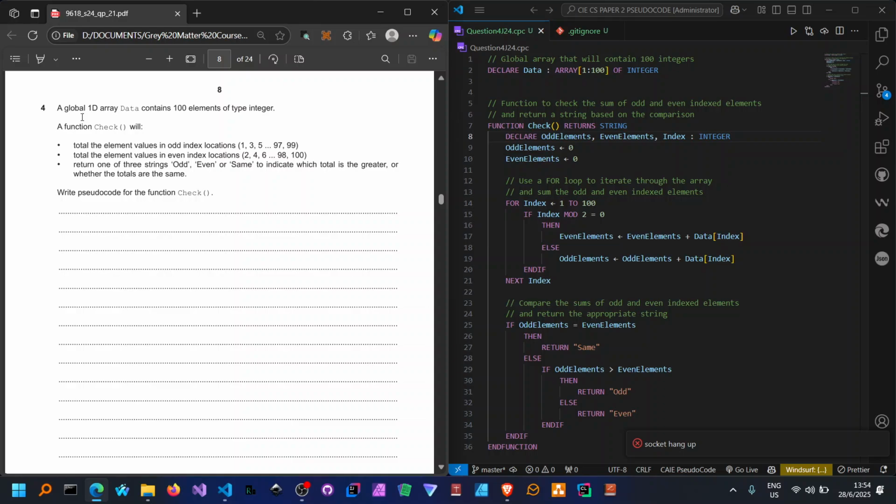So it says here that a global 1D array data contains 100 elements of type integer. A function check will total the element values in odd index positions, or locations rather. That is 1, 3, 5 all the way up to 99. Then it's also going to find the total number of elements that sit in the even